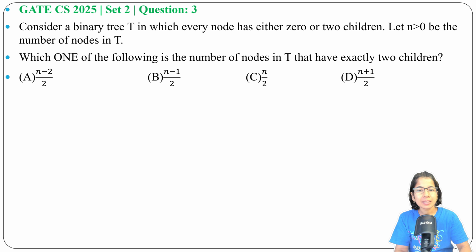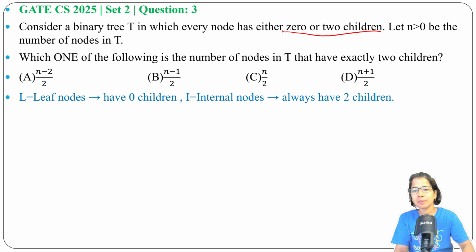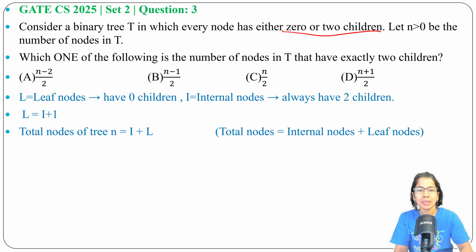are given. In this binary tree, there are two types of nodes, either having 0 or 2 children. So a leaf has 0 children and an internal node has 2 children. Let L equal the leaf having 0 children and I equal the internal node, which always has 2 children, and n is the total number of nodes. So n equals I plus L, that is internal nodes plus leaves, and L equals internal nodes plus